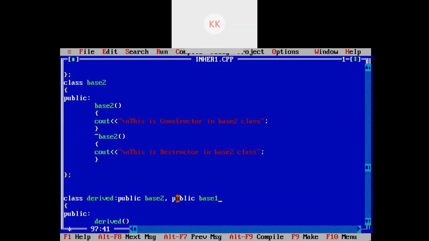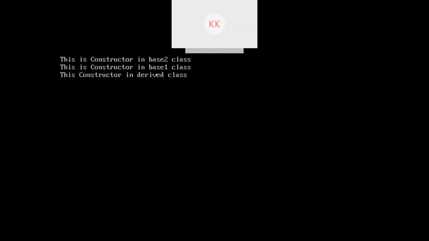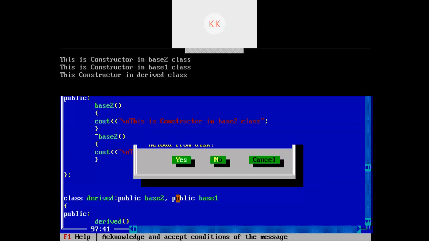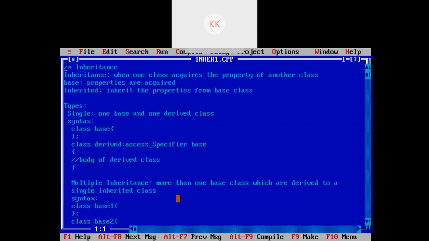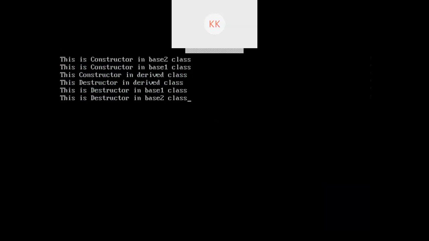Okay. So I have written base class 2 and base class 1 now. So you can see certain changes in the output as well. Now you can see the constructor in base class 2 is called first, then the constructor in base class 1, and then the derived class. Similarly for the destructor as well, right? Like this.